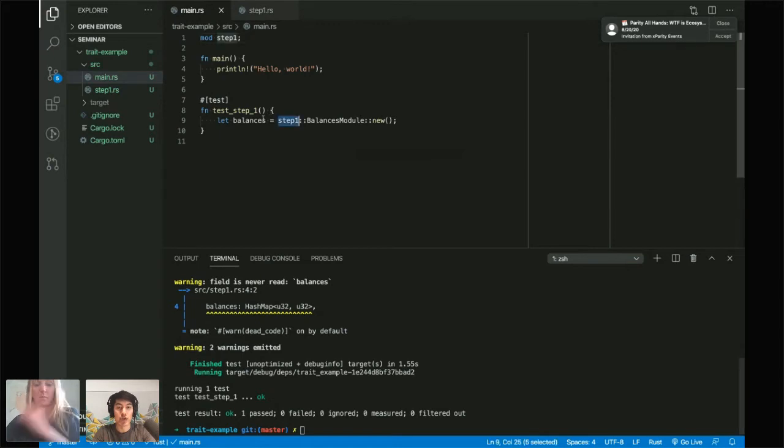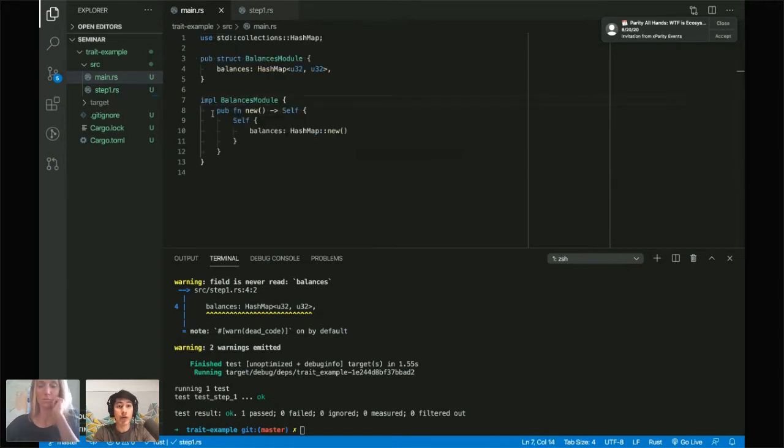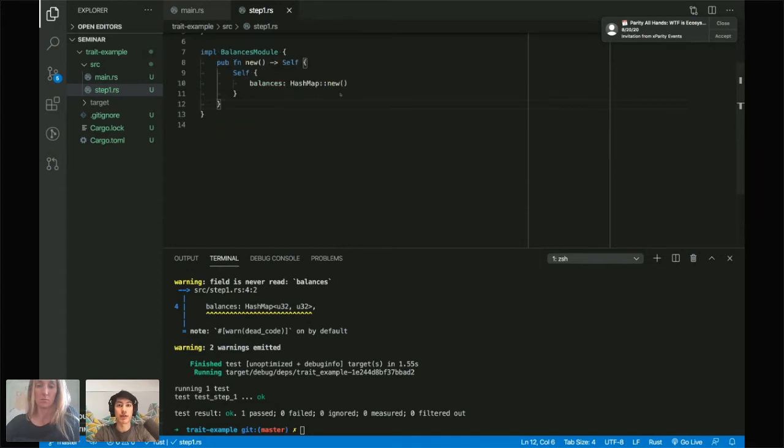I can instantiate a new Balances. Now this is not really interesting. What we need to do is add more functionality, all the things that allow us to interact and move and transfer things. Before we can transfer things, we actually need to set some balances. So I'm going to add a kind of backdoor and allow us to set any balance of any user. So I can do pub fn set_balance.